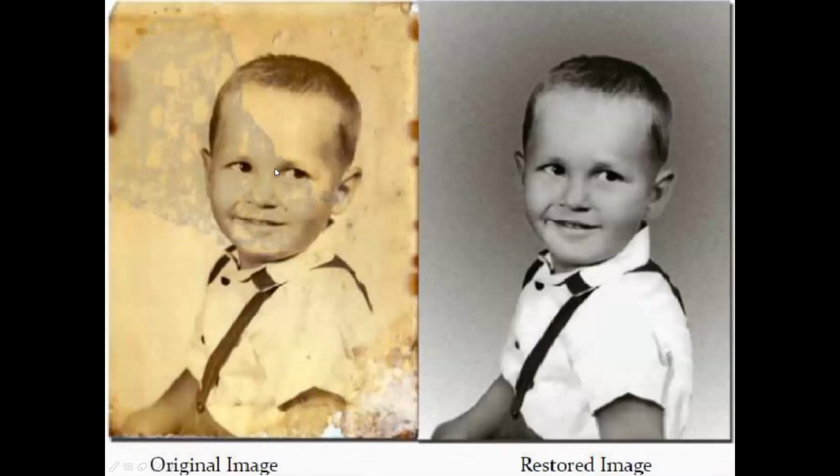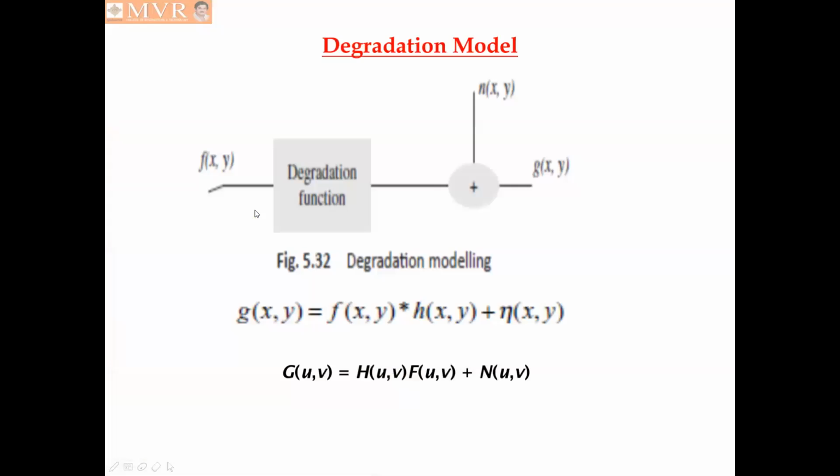After a long time, this image gets degraded, and because of the degradation, we lost the visuality of the particular image. So we are restoring the visuality of this particular image by means of restoration. Once you apply this image to the restoration model, it will restore the image like this. So the restored image has good quality, and the degradation which was present in the first image is removed completely.